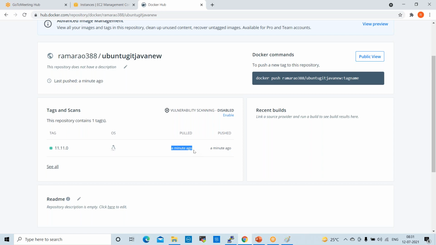So whoever requires this container can download it and reuse it, whatever applications they want to use, whatever code they want to develop, whatever testing they want to perform on microservices, and they can upgrade the applications. So based on the requirement, we perform this activity in real time. Now what we will do, we'll take one more image, run a container on top of it, and push it to Docker Hub.